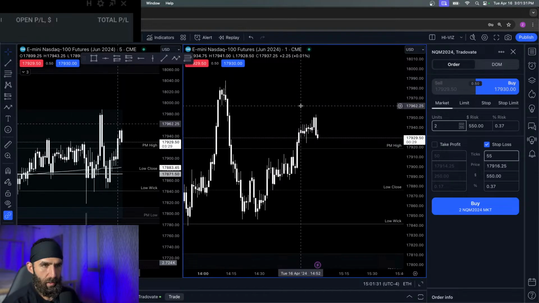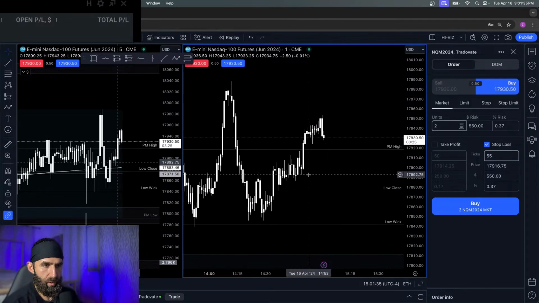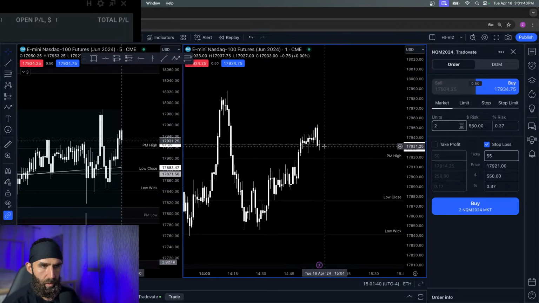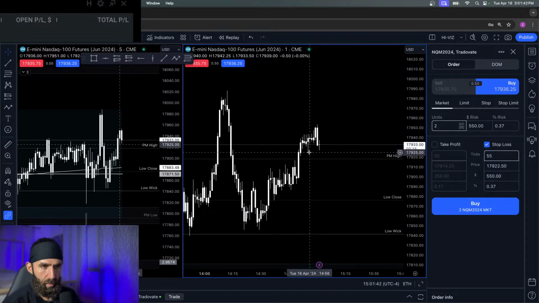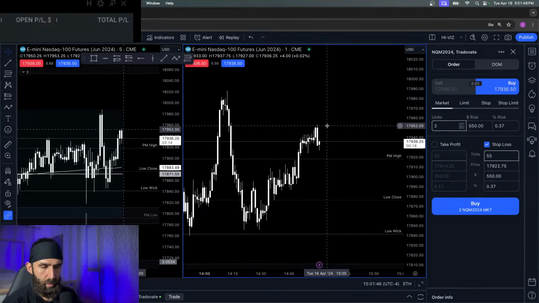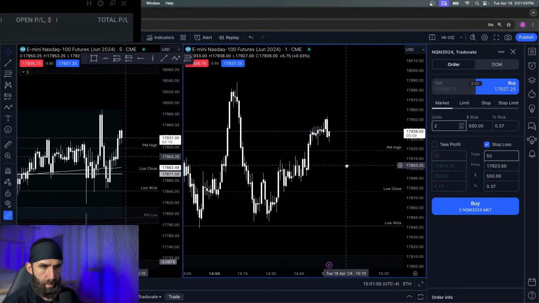We're approaching maybe a high that was put in earlier in the day with nice higher lows that have been put in. We've got some nice bullish bars. If price action is going to act normally, it shouldn't be coming below the lows that it's putting in as it's moving up. But this